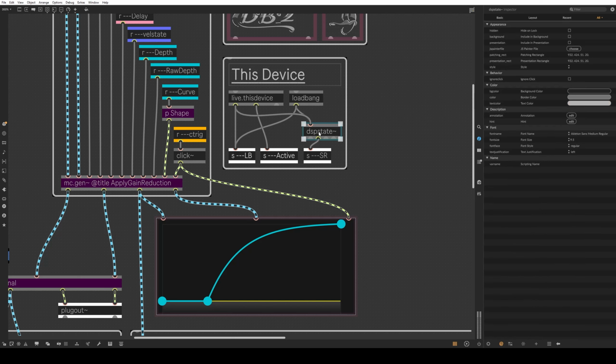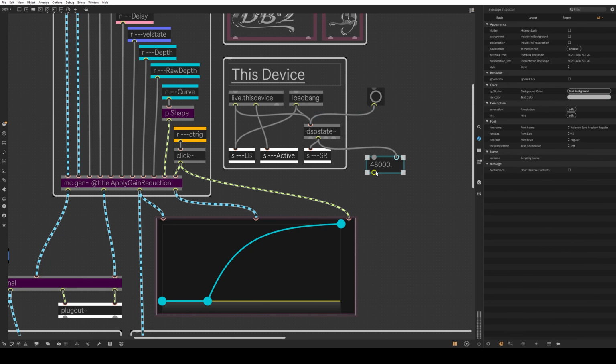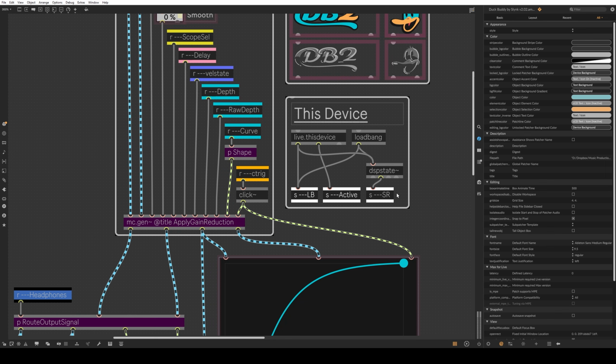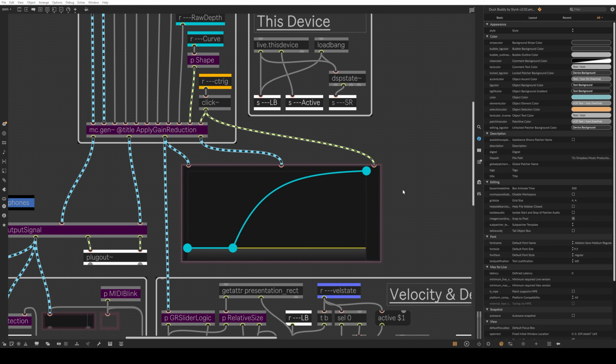And this is the DSP state object, which basically just tells us what sampling rate we have. So if I get a message box and I'm going to push B to create a bang object, I can bang this DSP state object and I can see that I'm sampling at 48,000. So I kind of just made these 3 sends in this little area that I can use all throughout the patch. So I think the next logical step is to take a look at this shape and how that works,